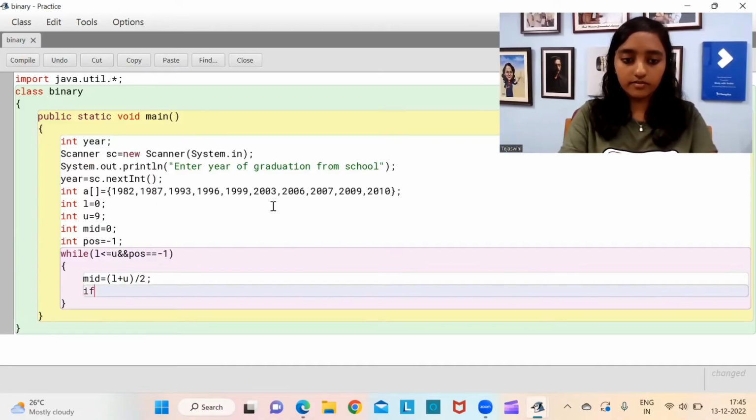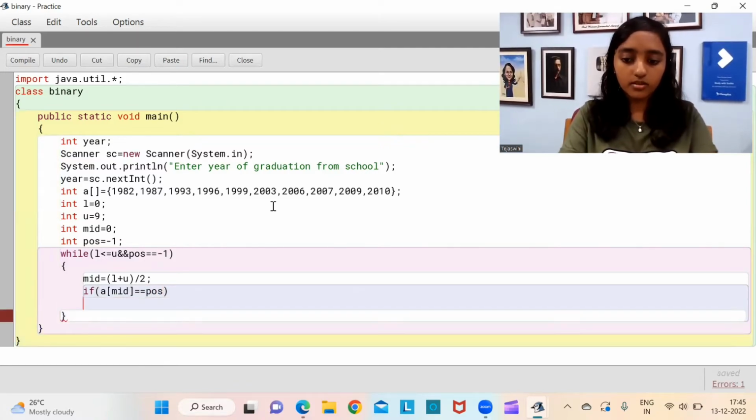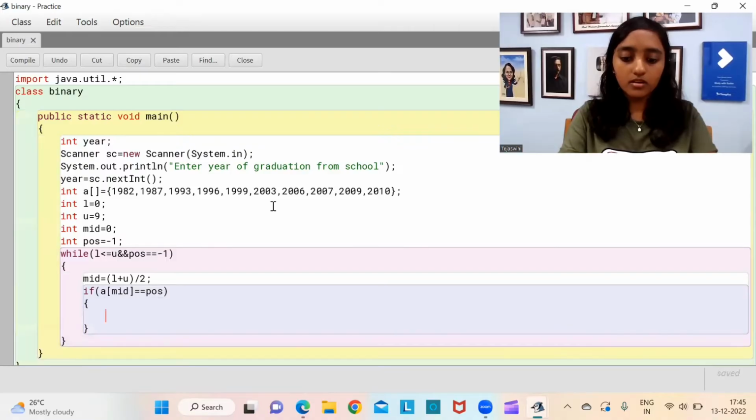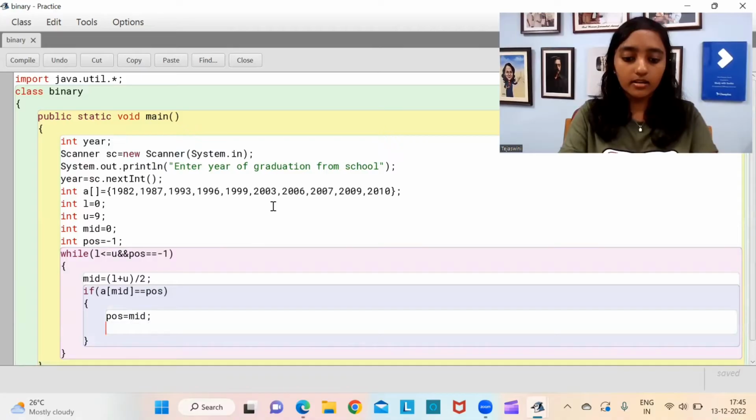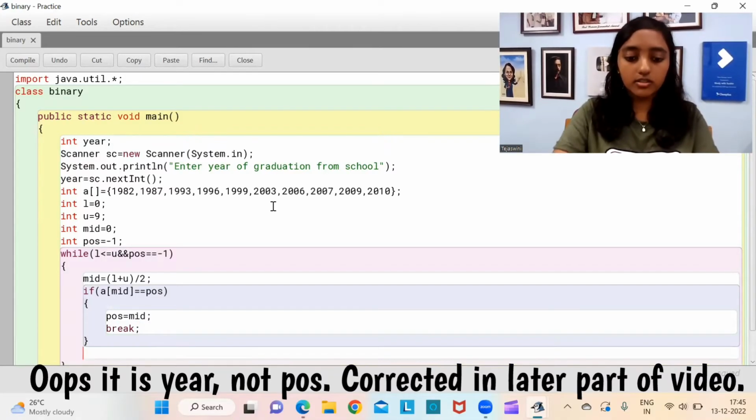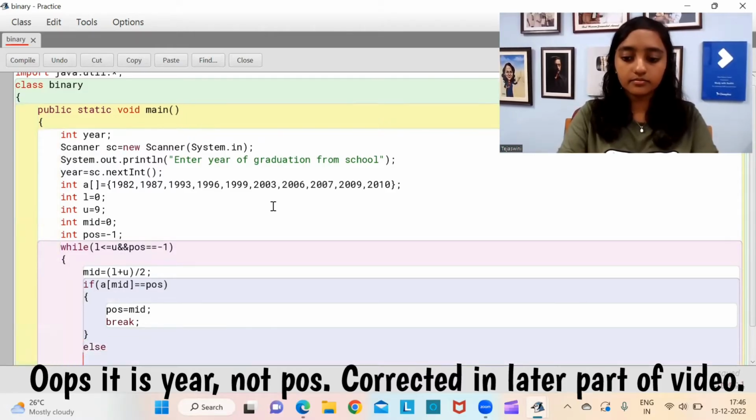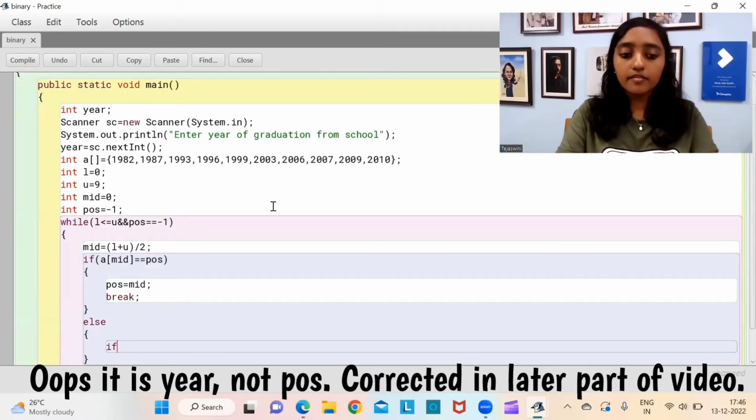Then we say if the index of the middle element, that is we are trying to access the data in the middle position, is equal to the year, we say pos is equal to mid and you break out of the loop. If that is not the case, else if